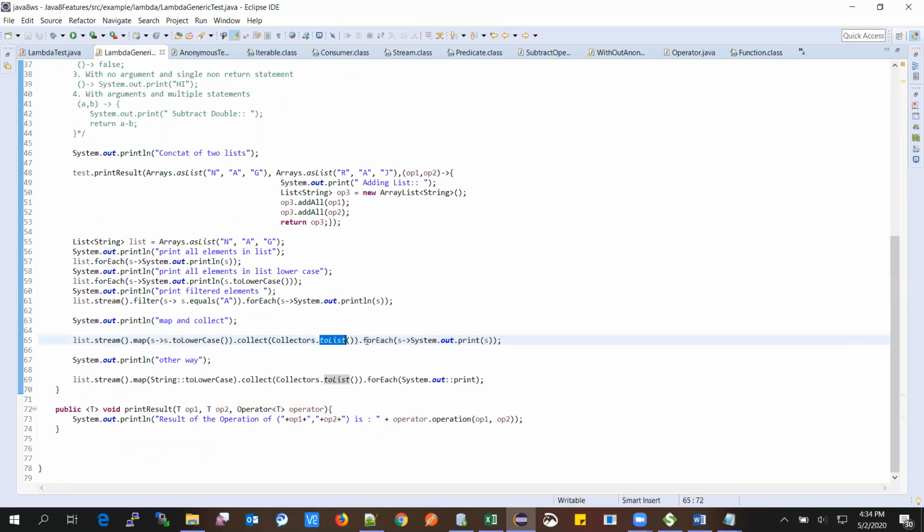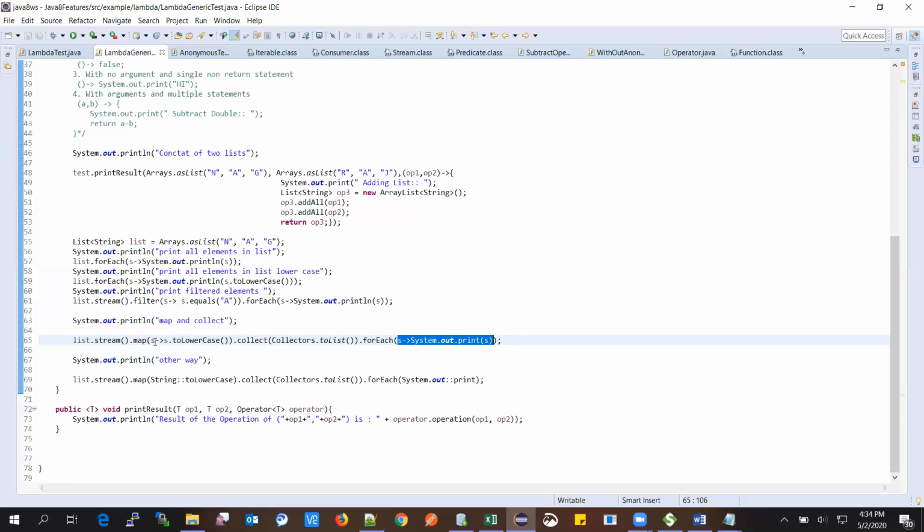So I get the list again, and now I can iterate that list. I'm iterating and printing each element by using a lambda expression again. Here I'm not returning anything, I'm just printing. As I mentioned, the argument of forEach is the Consumer functional interface, with the accept method implemented. So my accept method is now System.out.println.